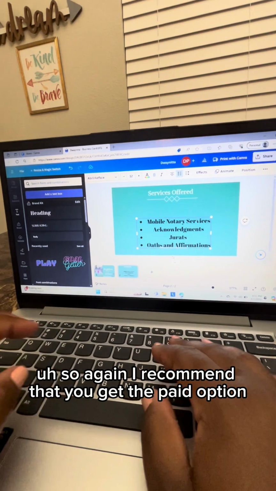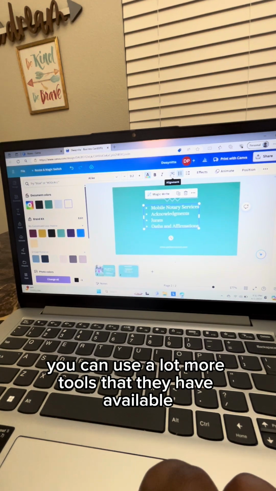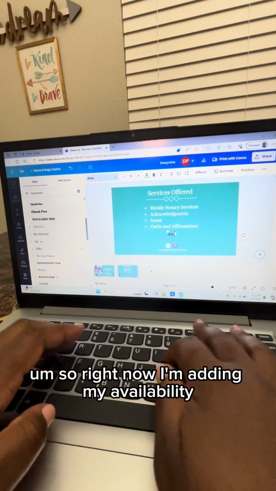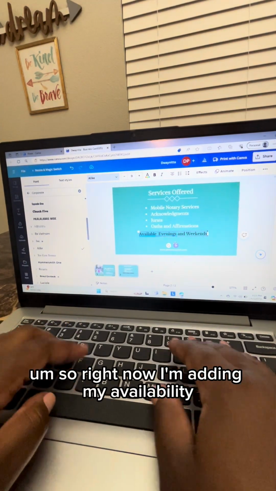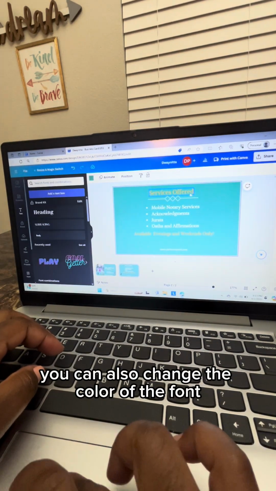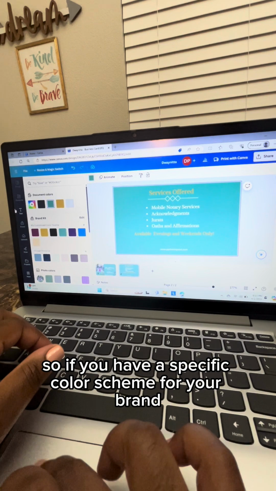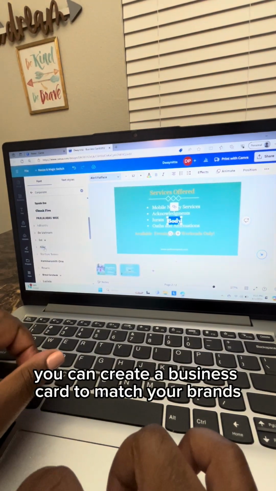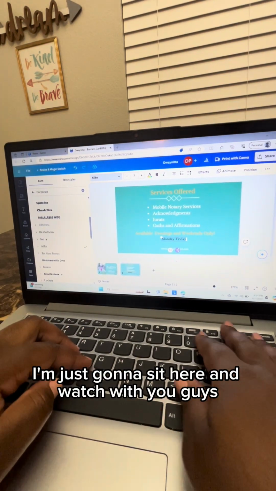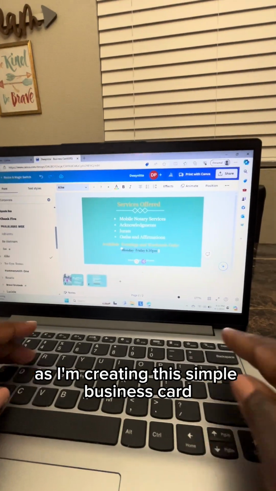So again, I recommend that you get the paid version, because you can use a lot more tools that they have available if you are a paid member. So right now I'm adding my availability. If you haven't noticed already, you can also change the color of the font, which is pretty cool. So if you have a specific color scheme for your brand, you can create a business card to match your brand's color scheme. So I'm just going to sit here and watch with you guys as I'm creating this simple